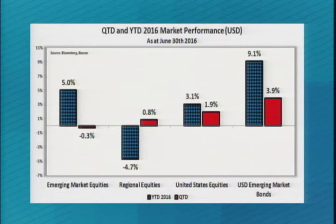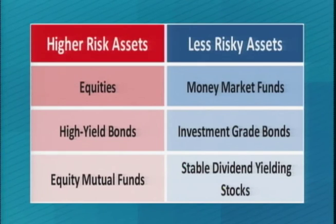With this outlook in mind, and depending on your risk tolerance and investment objectives, the remainder of 2016 can be viewed as either an opportunity to invest in riskier holdings or a time to practice caution. And turning to our first table, less risk-tolerant investors may opt for more moderate or conservative type portfolio allocations over the coming months, trading off the prospect of high returns for relative safety. For this investor,